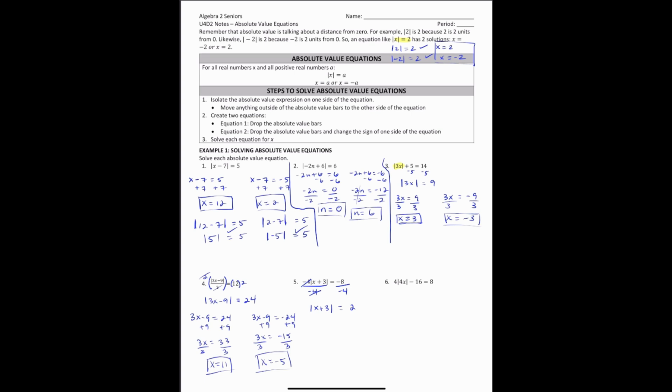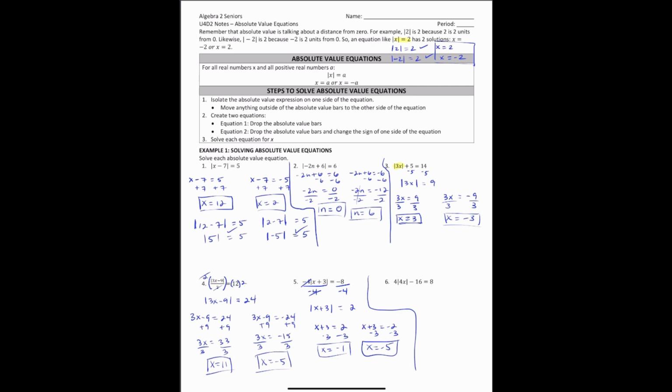So then let's write our 2 equations. I have x plus 3 equals positive 2, and x plus 3 equals negative 2. I'll subtract both sides by 3, so x is equal to negative 1. And I'll subtract both sides by 3 over here, and x is equal to negative 5. All right. And then lastly, we have number 6, which is 4 times the absolute value of 4x minus 16